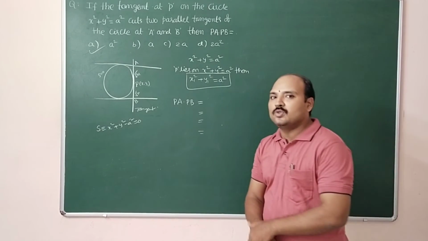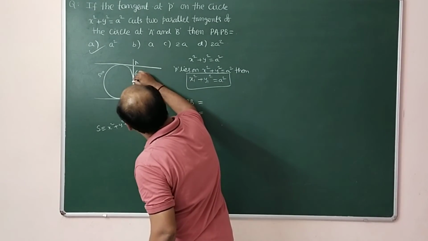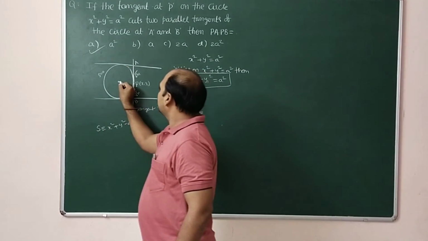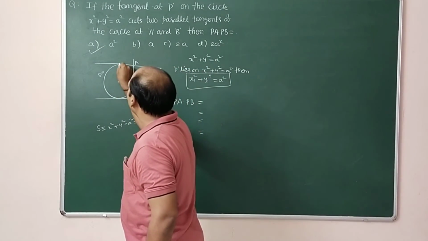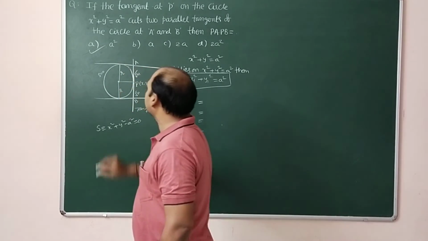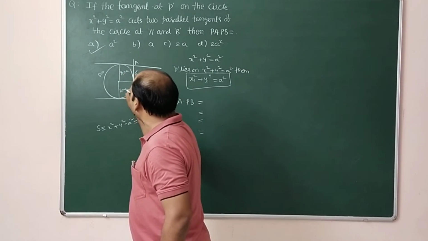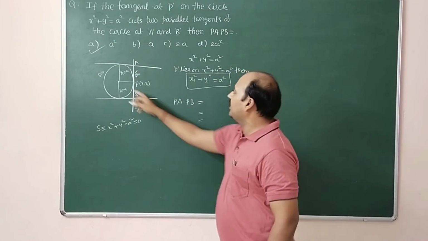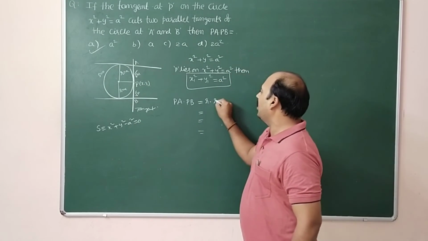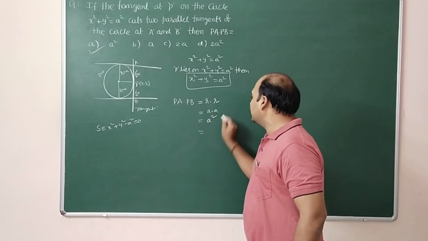Even like this also we can do it another way. From here to here, this is the center of the circle, no? So anyway, it is also radius. From here to here, it is also radius. Even from here to here, also radius. So R is equal to a here. PA value, from here to here, is what? PA is equal to radius only, no? So R into R, even PB is also R. A into A, that is equal to A square.